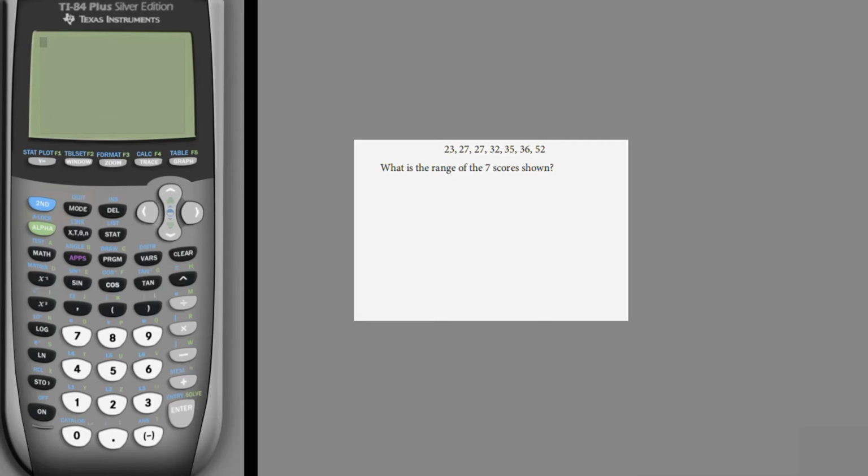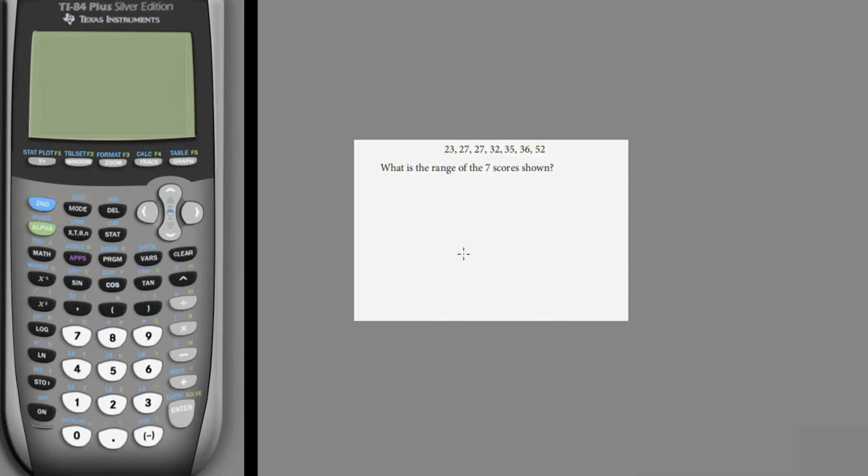The question says, what is the range of the 7 scores shown? So this question is under statistics, and range problems under statistics are usually very easy. All you need is the formula and you're good to go. And in statistics or in maths, when you want to calculate the range of values, all you have to do in that given data is to subtract the least or the lowest value from the highest value and you get the range. Alright, so from this question, we have in this data the highest value is 52 and the lowest